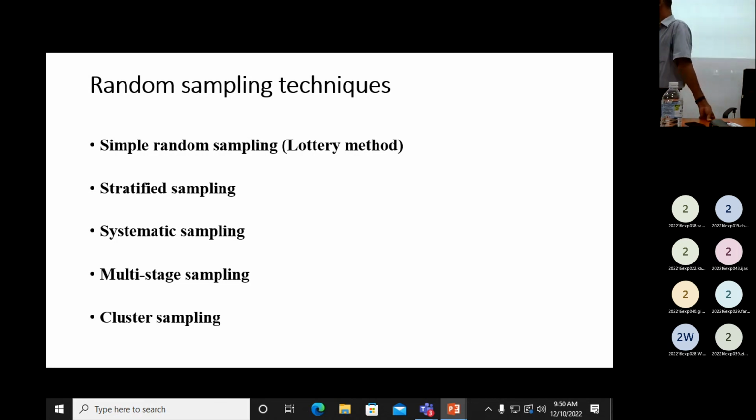Then second advantage, from the final stage, you select your sample. All these you can decide, right? In the final stage, you have to go to the particular area only, to the selected village. You have to visit there. Or sales representatives, you want to select from selected areas. So then you can minimize cost because at the final stage we select our sample.